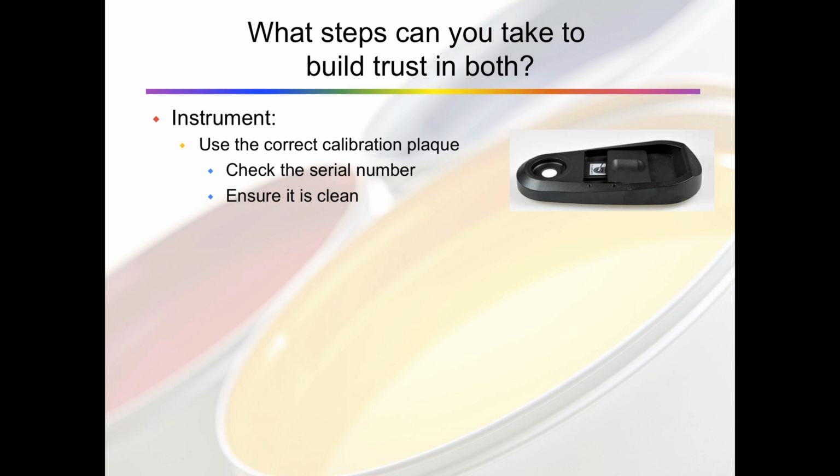Now the good news is if you have done this accidentally, it's very easy to fix. You simply recalibrate your instrument to the calibration tile that it came with, and it's back to where it needs to be. Now you absolutely want to ensure that it is clean. If you can observe any dirt on it, usually you can remove that with a lint-free cloth. If you need to use something more than that, some isopropyl alcohol can be used, generally speaking. But just make sure you don't use anything that's abrasive or anything that has a tint in it. So don't use any Windex or any other kind of cleaner that has a colored tint that may reside back on the tile after you clean it.